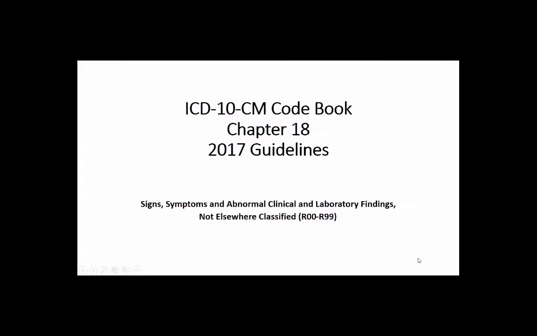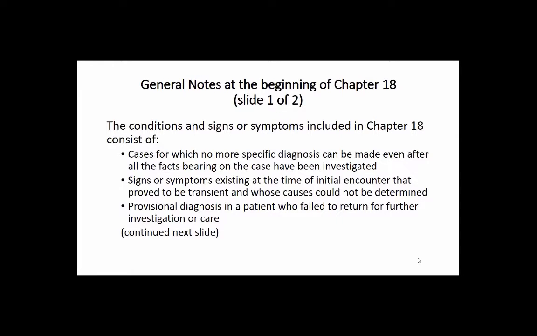Today we're going to talk about Chapter 18 in the ICD-10-CM Codebook, the 2017 Guidelines. Chapter 18 is for signs, symptoms, and abnormal clinical and laboratory findings not elsewhere classified. First thing we're going to do is look at some general notes. I have two slides that talk about the general notes that you might also find at the beginning of Chapter